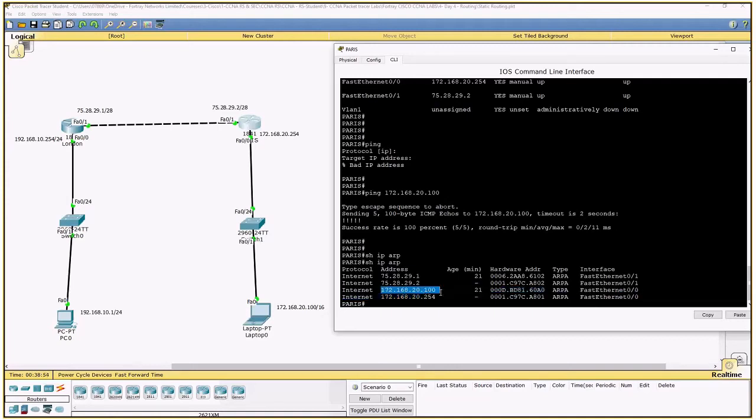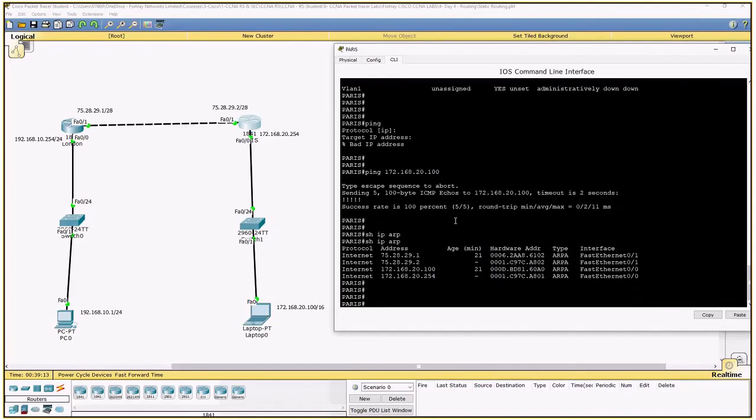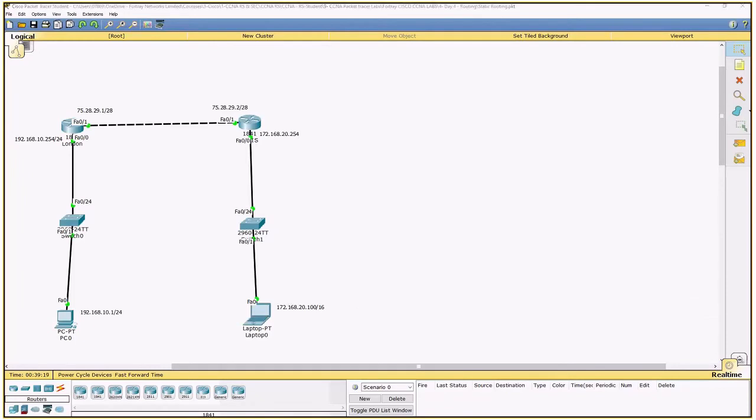Here is the router doing the ARP. And it says, who is 172? I know the IP address, but what is the MAC address? It learns the MAC address, puts it in the table, and sends the packet. Maybe there are multiple other IP addresses as well, like if I put another machine here in the same range, it's possible. But it's sending to this guy with the ARP, so he's received that. Now this machine received this packet. So right now, what we have done is sending to this side.